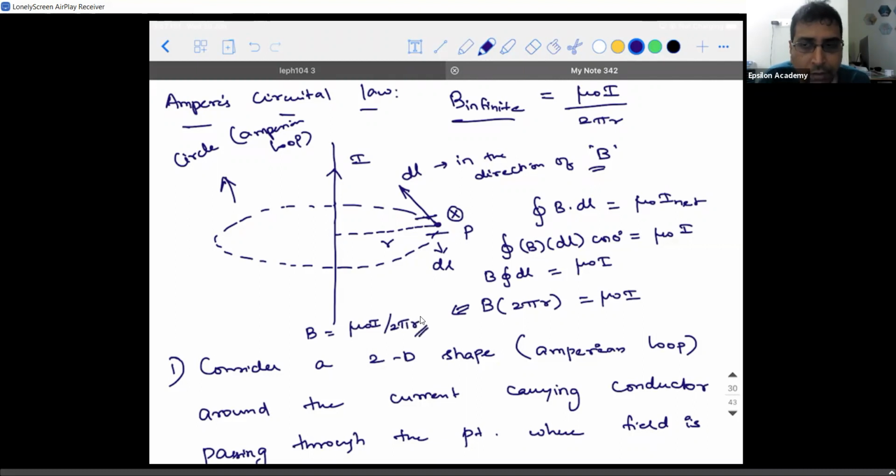Accepted? So B is equal to mu naught I divided by 2 pi R. Did you guys understand this step? Are the steps clear, guys? So when you do the line integral, you will add all the small elements that are present on the Amperian loop. So when you add everything, you will mostly get the circumference or perimeter, something like that. Whereas in the case of Gauss law, when you add everything, you will get the surface area.